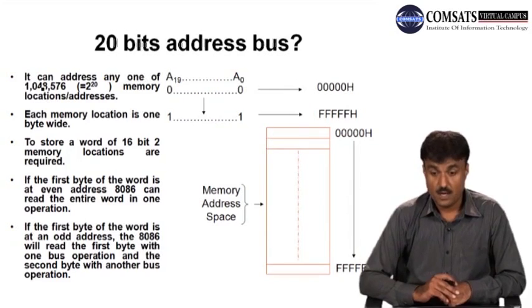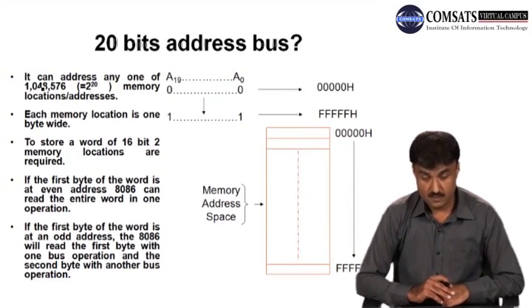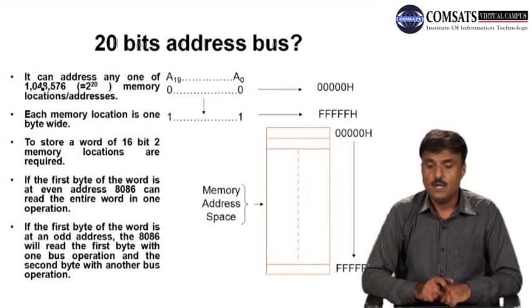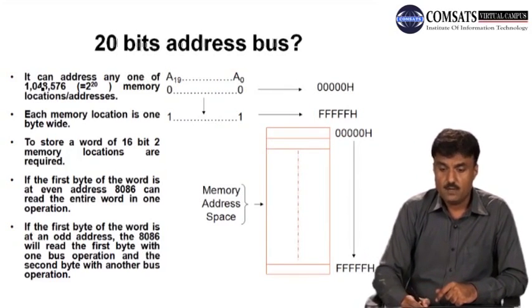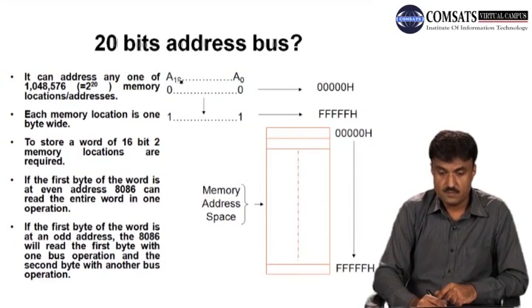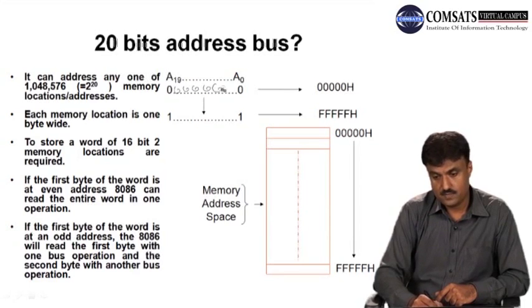20-bit address bus. Now we will discuss the 20-bit address bus. Here you can see A0 to A19, there are 20 bits, so it can be all 20 zeros to,